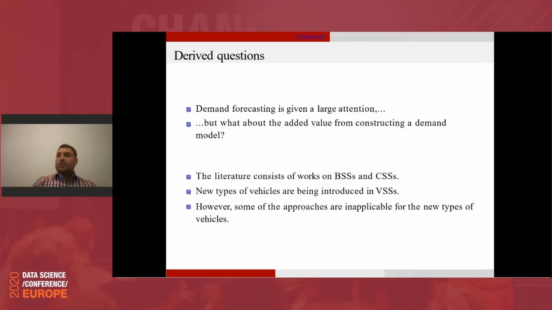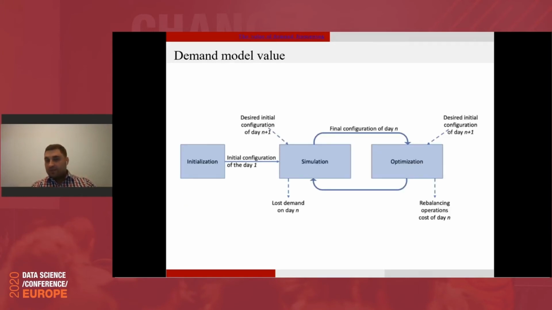Also, most of the literature consists of works about bicycle sharing systems or car sharing systems, while, on the other hand, we have new types of vehicles introduced, and we need to see how these existing methodologies are actually applicable to the new vehicle types. So for the first question, we built a simulation-based optimization framework, which needs to help us analyze the system operations